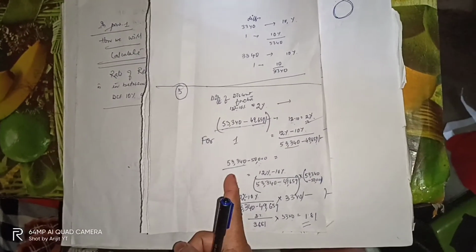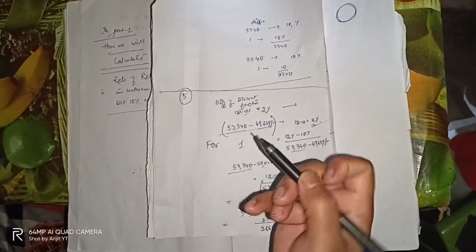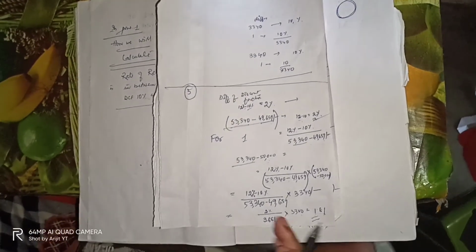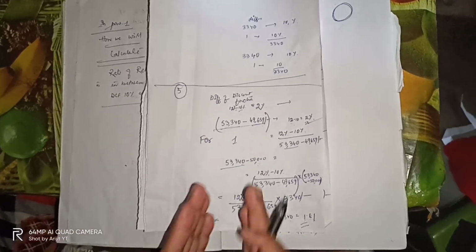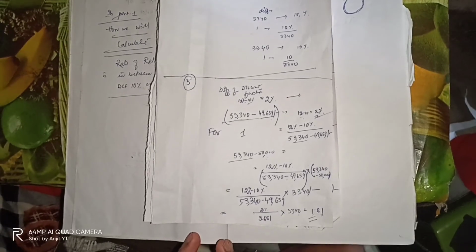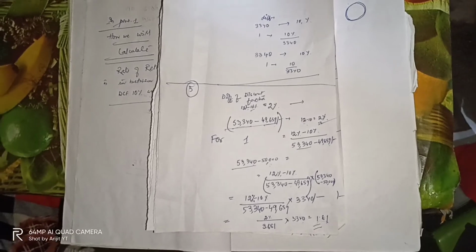Now at 53,340 it is 10%. If we further increase this by 1.81, as we increase the rate, our value will decrease from 53,340 to 50,000. So the total internal rate of return is 10% plus 1.81,